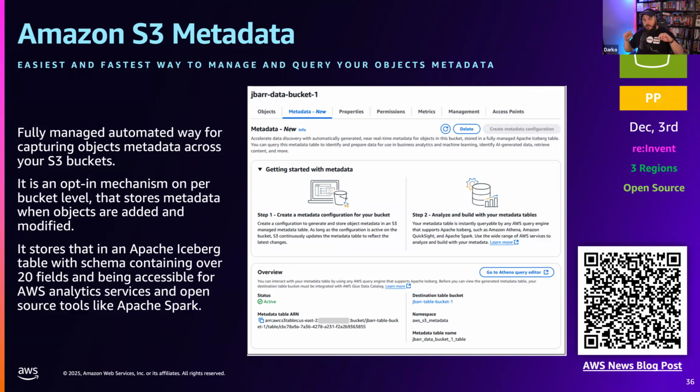Basically, it allows you to use something like Apache Spark or Athena, Redshift, QuickSight as a way to query the metadata of the files contained in an S3 bucket. I'll give you a simple example of my use case for this. I haven't yet implemented this, but I have a file sharing application that uploads files to S3, and I manage all those files in S3.